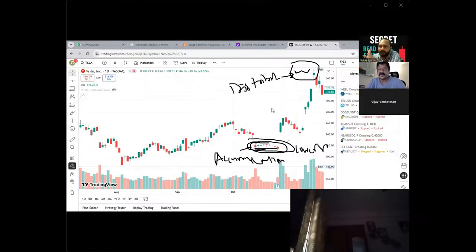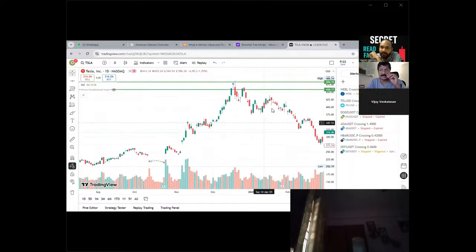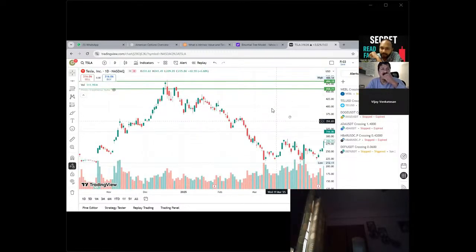So irrespective of the color of the candle, right? Color doesn't matter mostly in this kind of scenario. There are some other setups in which the color of the candle is important, but here color doesn't matter, because all the candles are very small. So this is how we can use sometimes accumulation, and sometimes distribution also. There are many use cases which you can see considering the small candles.